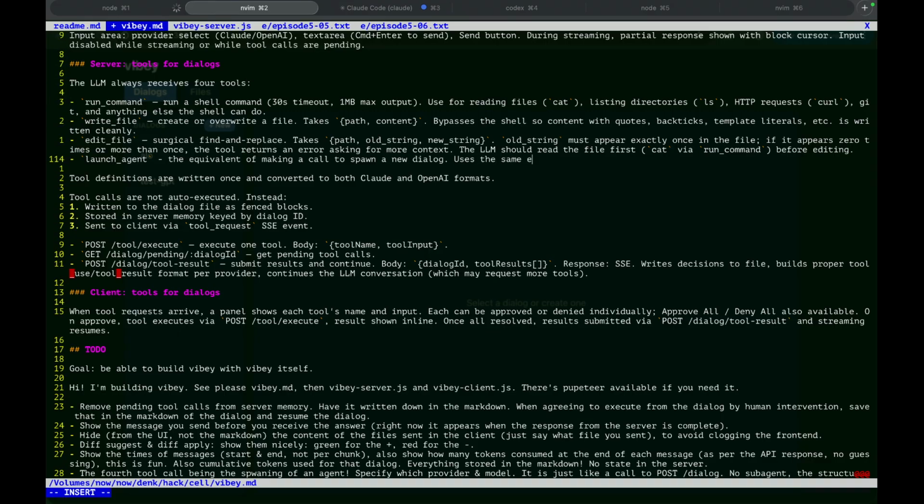This is the same endpoint as the user does for starting a dialog. Change this.